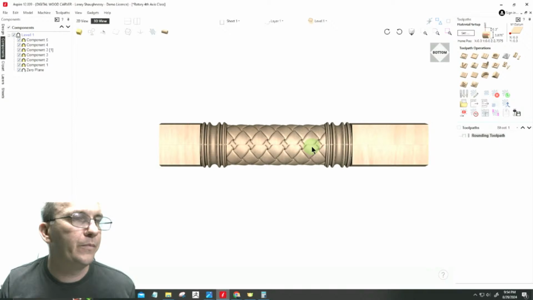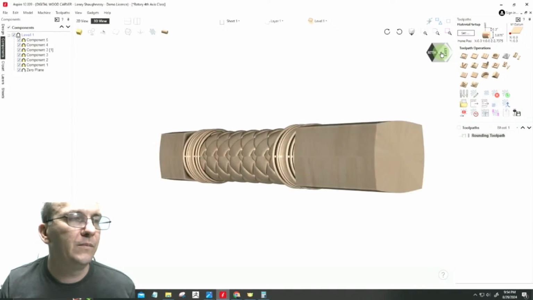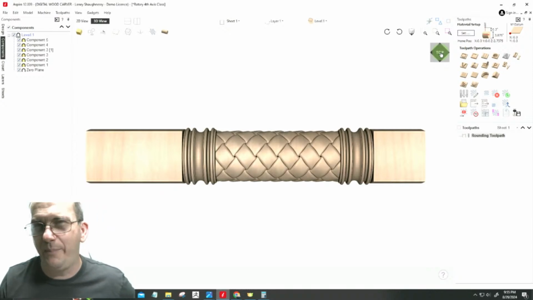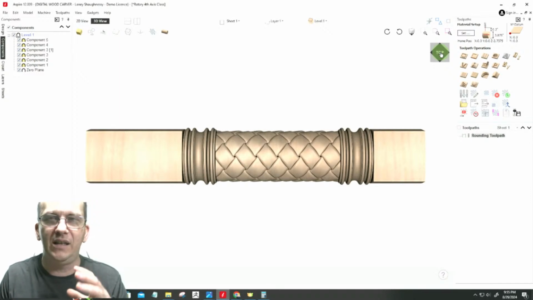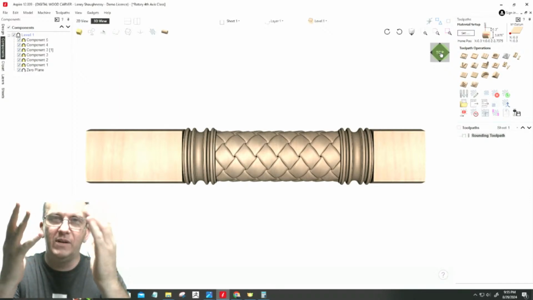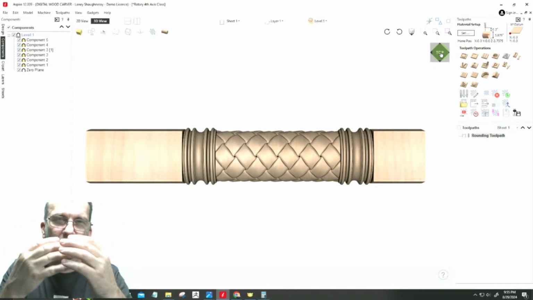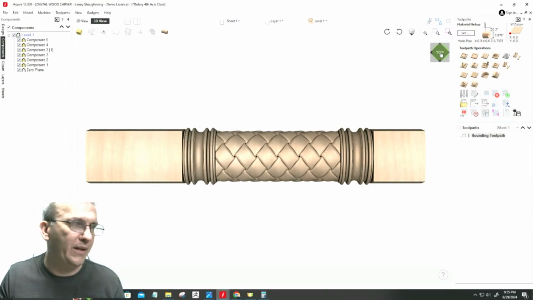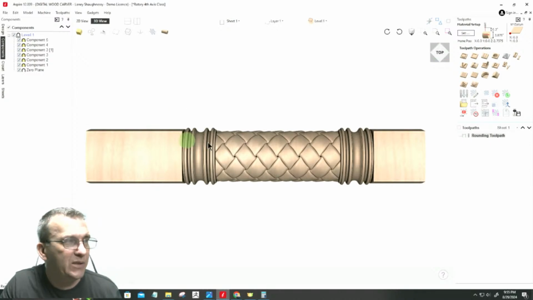But just know that there is going to be some of that, because we're wrapping. Now, when you sand, it'll sand away, but it's not going to flow like the rest of it. There's going to be one little part where it looks a little odd, and that's the part that you always have facing in or facing away, not facing out where everybody can see it. All right, now, looking at this part here